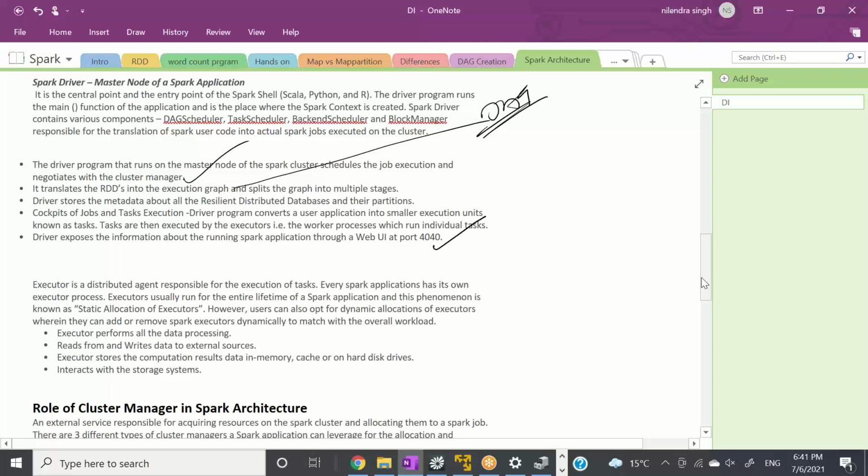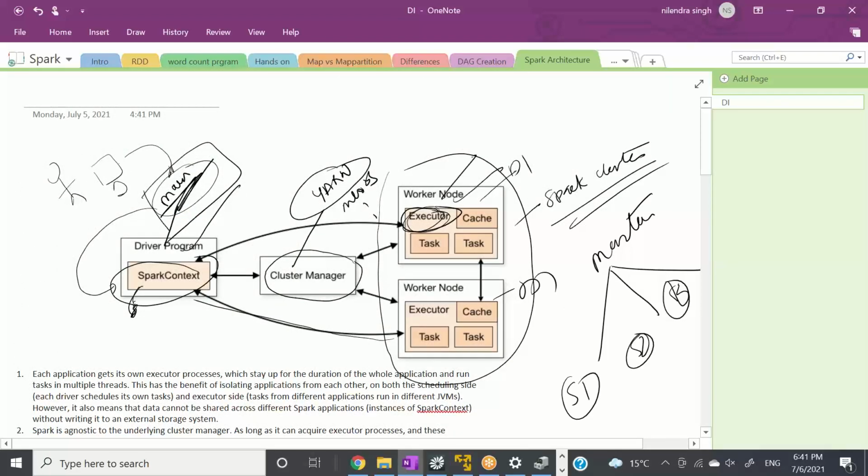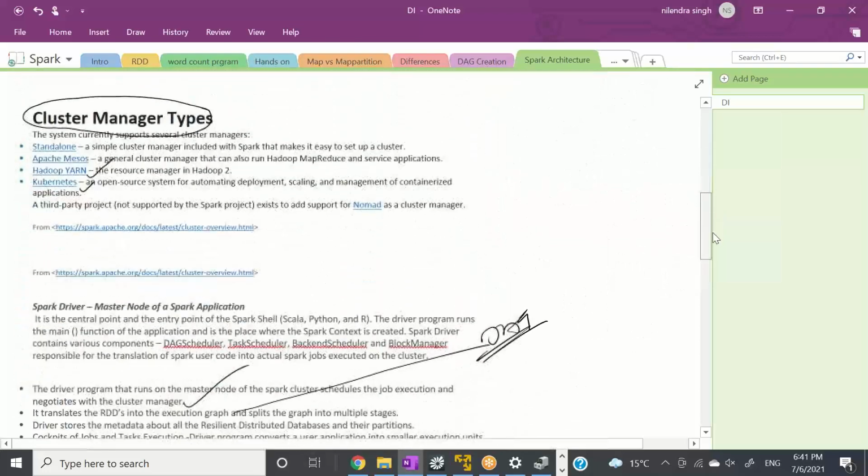The name node will give you information about the data nodes where data is stored. And that's how it will decide on which data nodes these worker nodes are to be created. So let's say your wordcount.txt file is stored on multiple data nodes, then it will create these containers on those nodes. So everything is very, very interconnected.